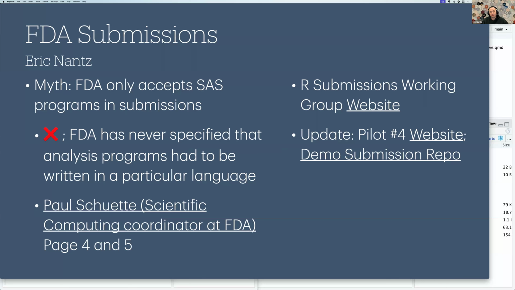of under the R consortium called the Submissions Working Group, where a few of us in life sciences have gotten together in partnership with regulatory authorities from the FDA to look at the possibility of using open source software more in clinical submissions. And this has been going on in terms of fully sanctioned pilot projects for a few years now. And it was about 2 years ago that we were able to successfully submit a traditional Shiny application using R, completely open source files stored on GitHub to the FDA through their transfer protocol.